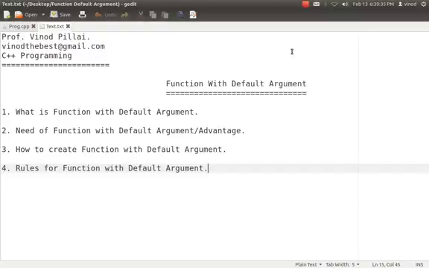In today's session, we'll be learning one of the concepts of C++, that is functions with default argument. First of all, we'll see what is function with default argument. Second, we'll see the need of functions with default argument, or you can say the advantages we are getting with function with default argument. Third, how to create the function with default arguments. And fourth and the final, what are the major rules you have to follow when you are working with function